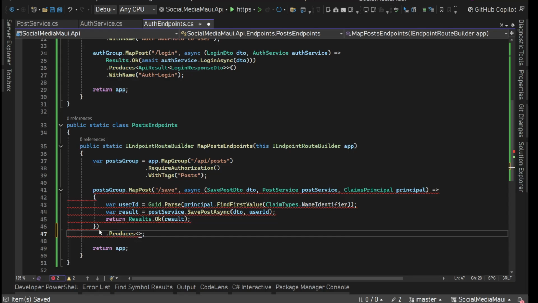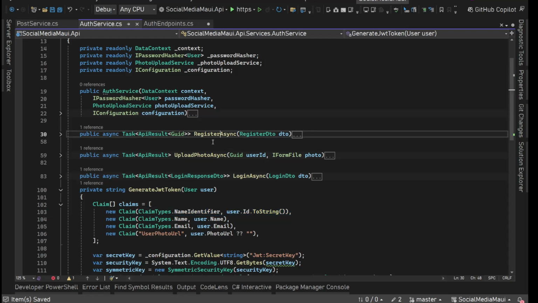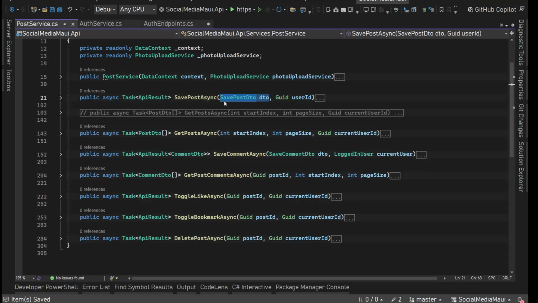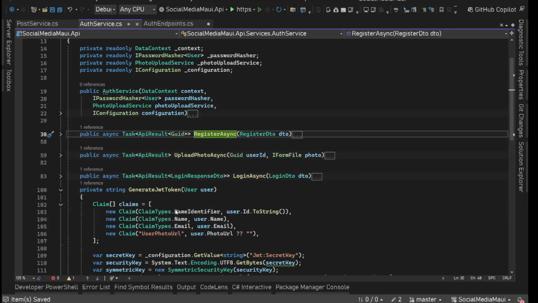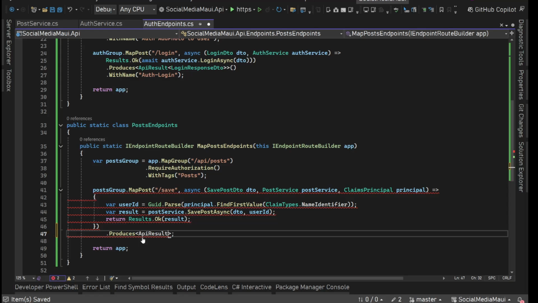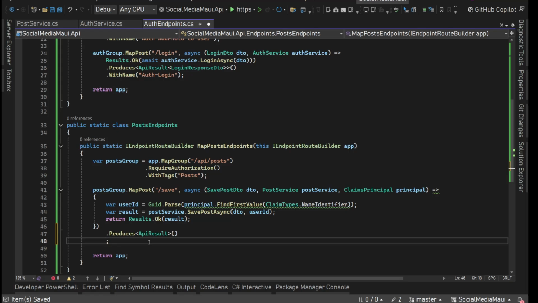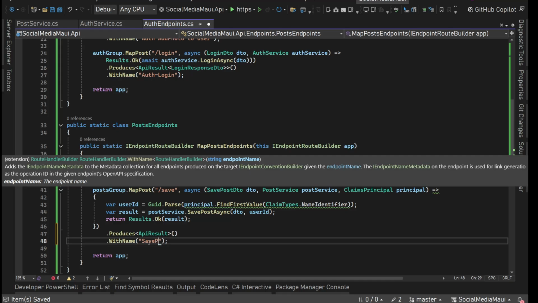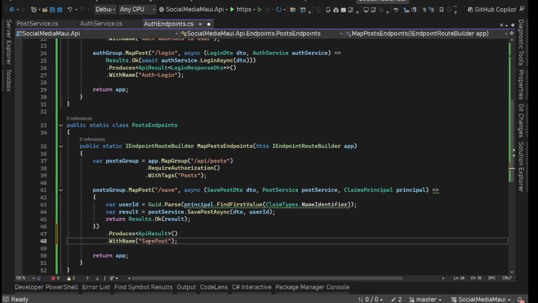What does this return? Say, where is it? SavePostAsync returns ApiResult. So here we'll say it produces ApiResult, and then we can give it a name. So with the name SavePost. Using this we are